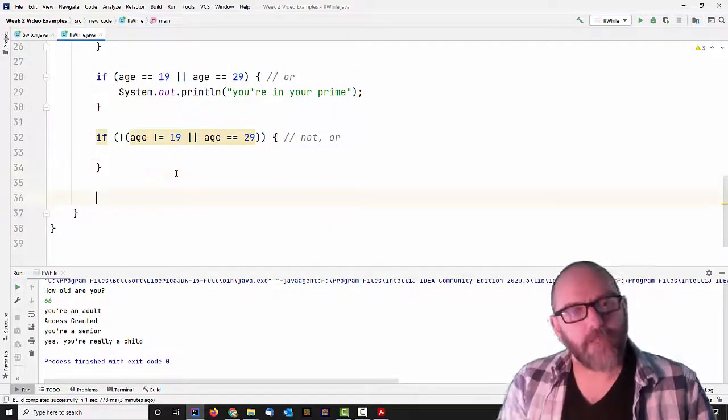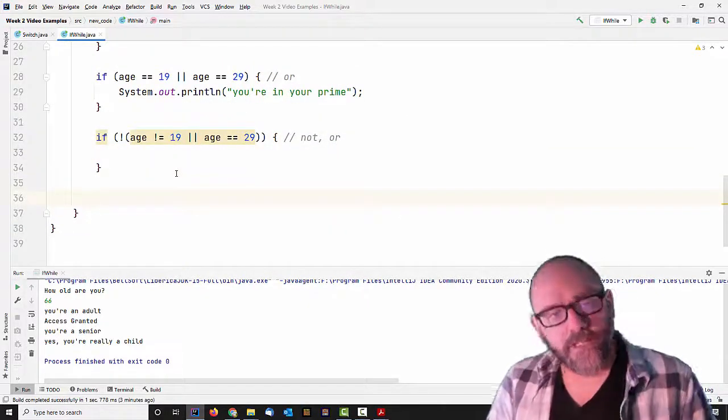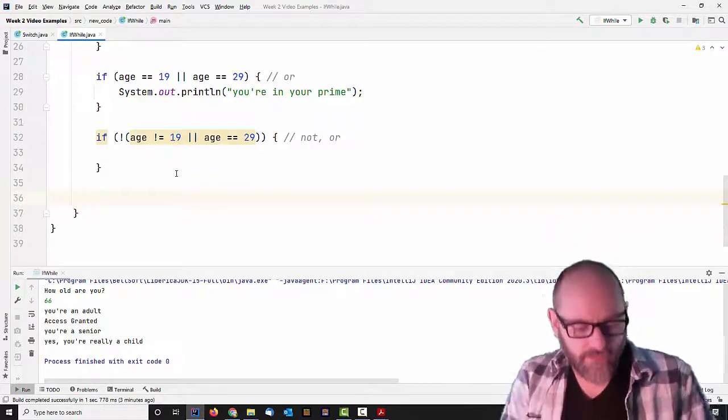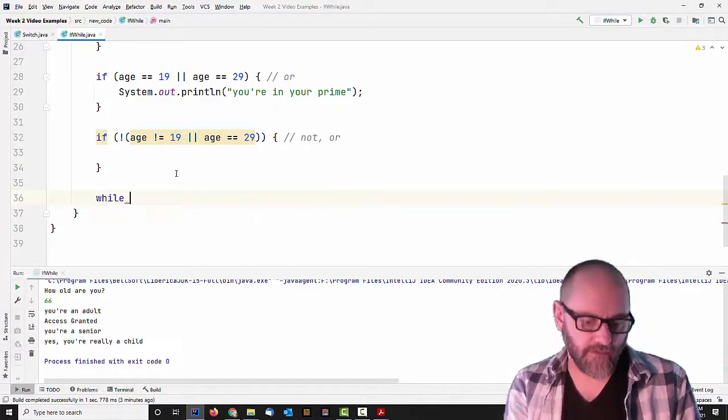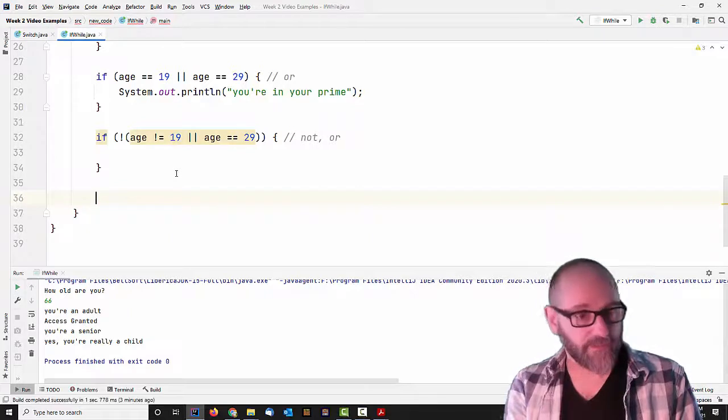Okay, next thing I want to show you is the while loop. Okay, so again, it's just like in Python. You can do something like this. You can say